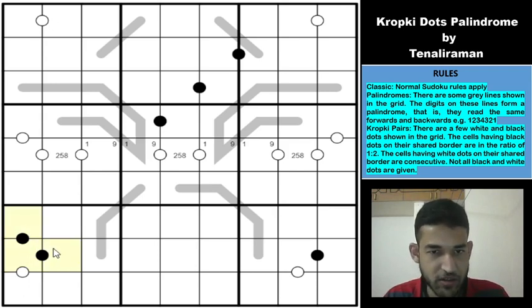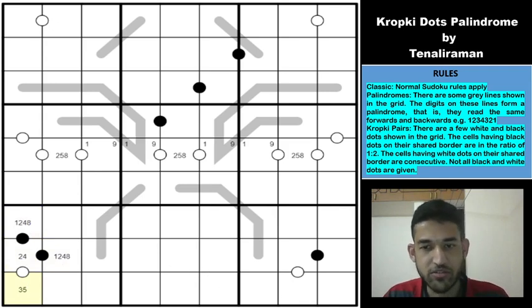When you have 2 consecutive black dots like this, the sequence is either 1, 2, 4 or 2, 4 and 8, which means that this has to be 2 or 4, right? And if you have a 2 here, this must be 1 and 4, and to make it consecutive with another digit, this must be a 3, and if I have a 4 here, then it must be 2 and 8, and to make it consecutive, this must be 3 or 5. Okay, so we have written all the possibilities in those black dots.